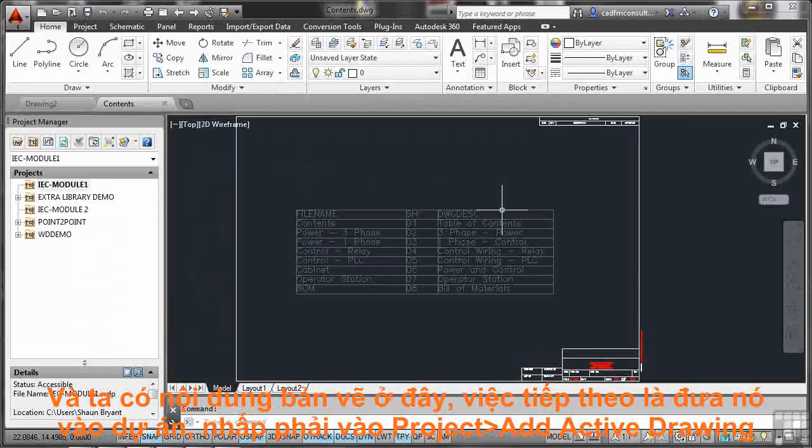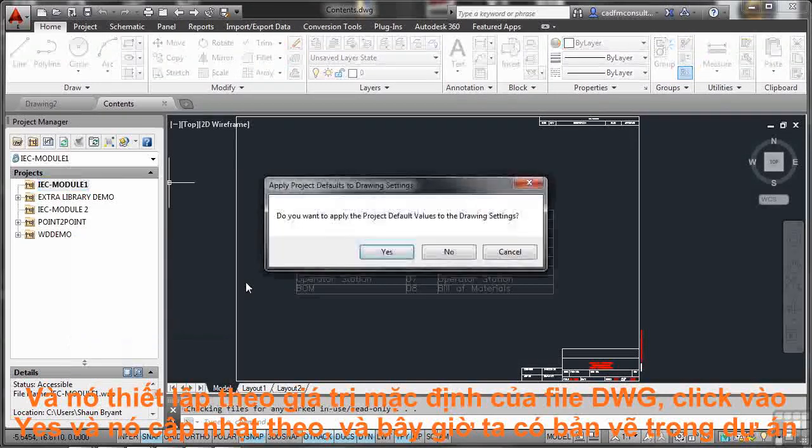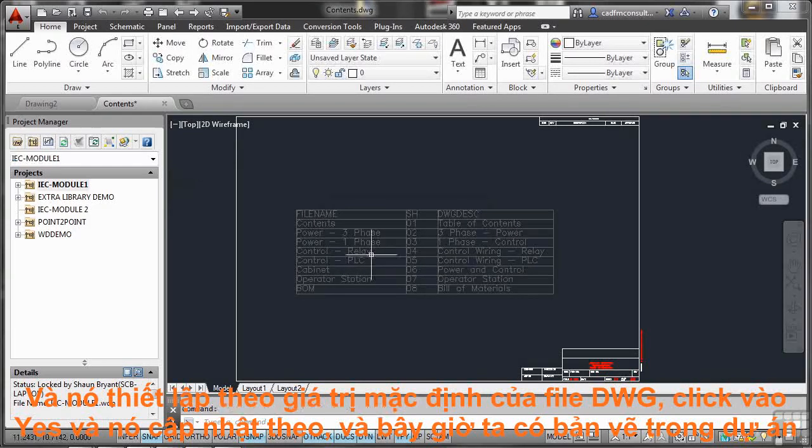And what I'm going to do now is obviously employ that into my project. And the way to do that is you right-click over the project and add the active drawing. Do you want to apply the project default values? Those are the ones we've just set up in the WDP file. So you click on Yes. That will update the drawing accordingly,